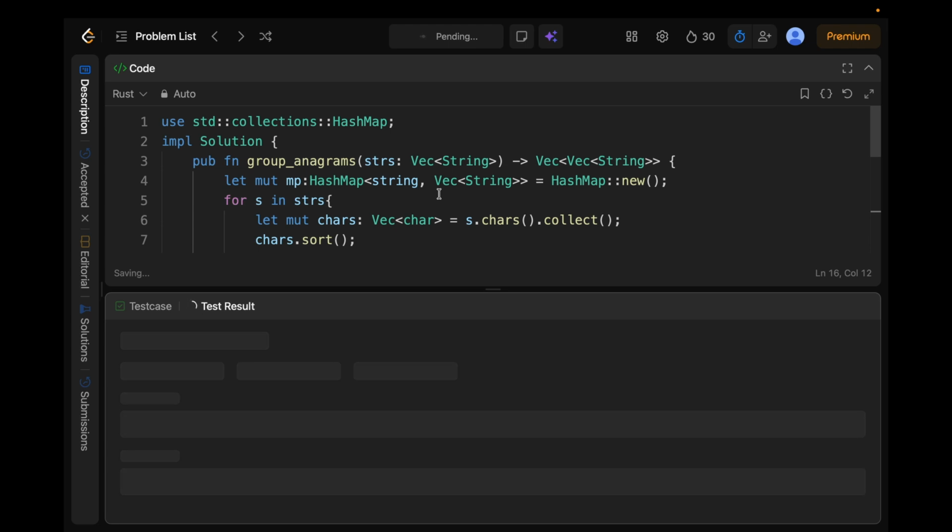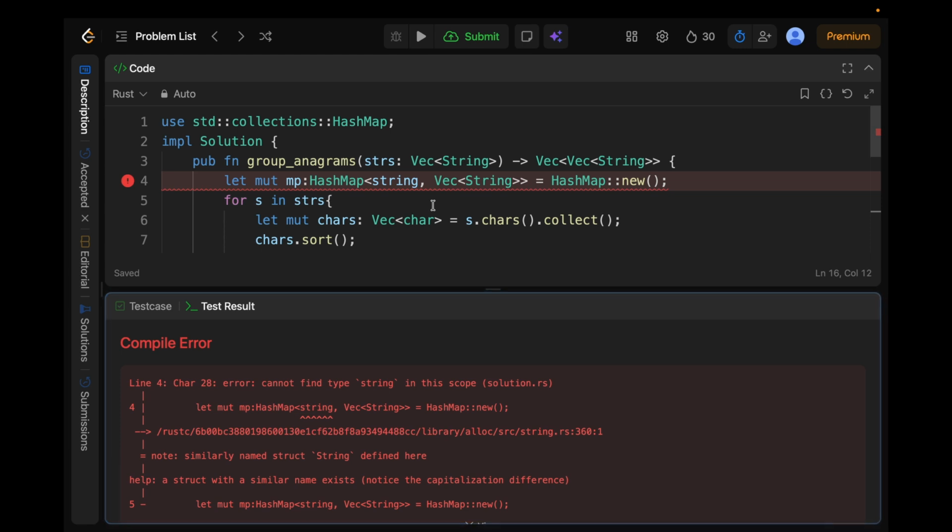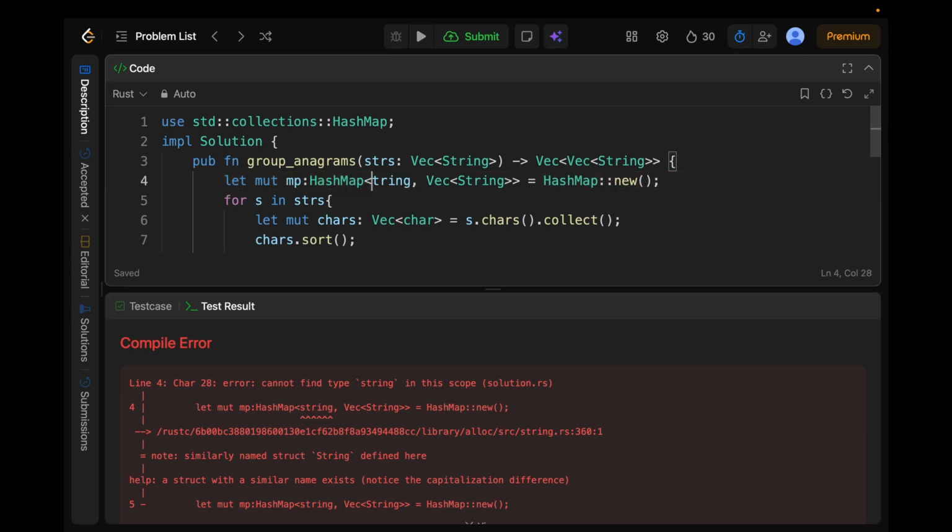Let me run this. So over here, let mutable mp hash map is okay. This string s will be capital